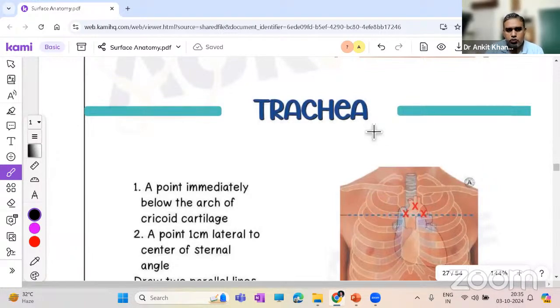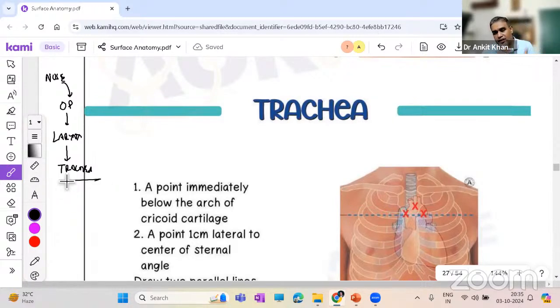We inhale through the nose. Air will come through the nose. It goes down. Through the nose it goes where? Behind the oral cavity to the oropharynx. Then from the oropharynx it will enter into the larynx. Then it will pass through the entire larynx. Then it comes to the trachea. So we have to understand that trachea will begin where the larynx will end. And the lower point of the larynx is the cricoid cartilage,